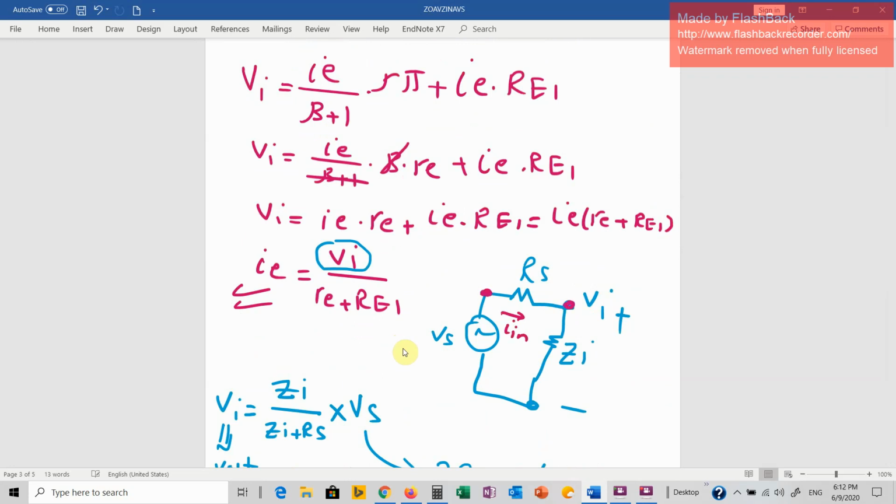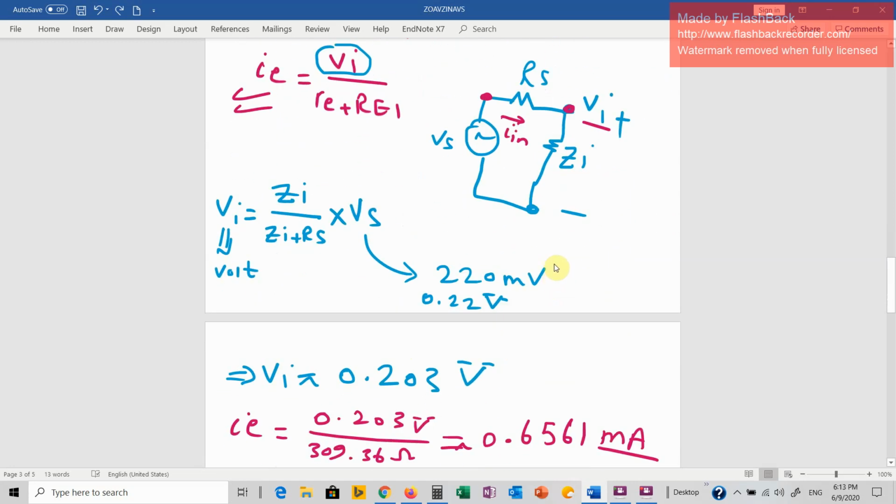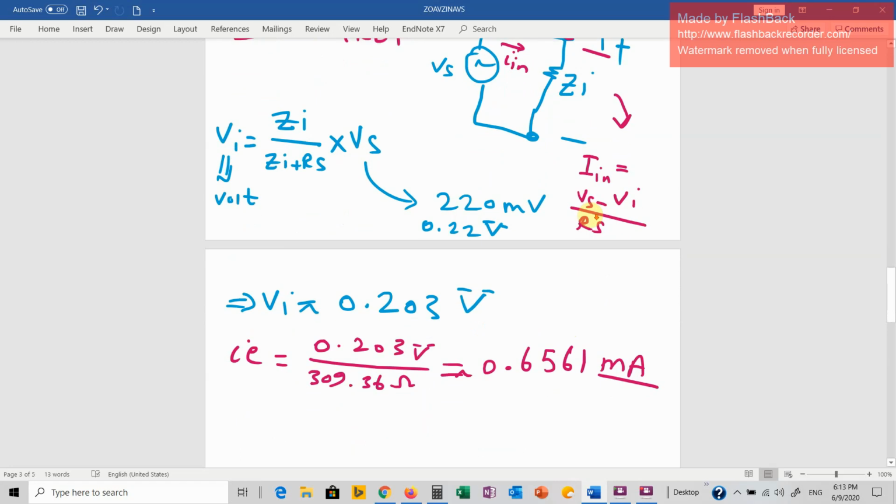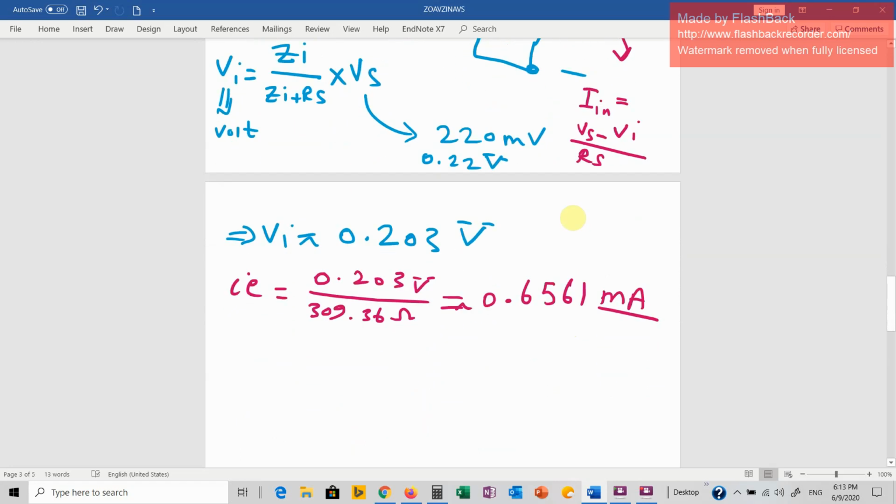So you can say, okay, now you know Vi, right? This is Vs here, and this is Vi here. No need to highlight them again. You can simply say, from this circuit, this is I in, is equal to Vs minus Vi, the voltage across that resistor, by Rs. You know Vs is given, Vi we just found, Rs is given, just substitute those values and you will get In as